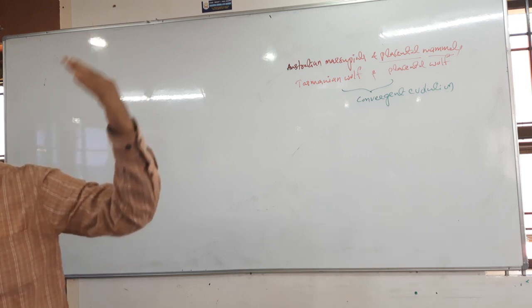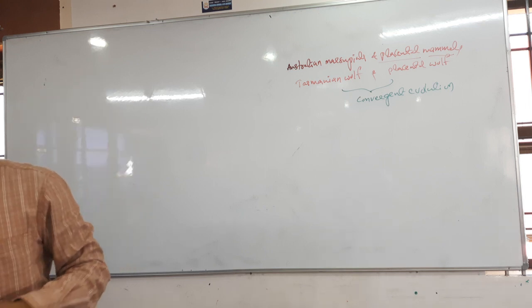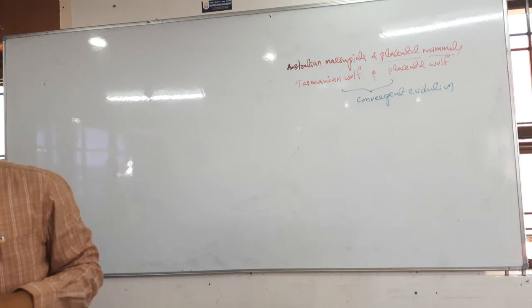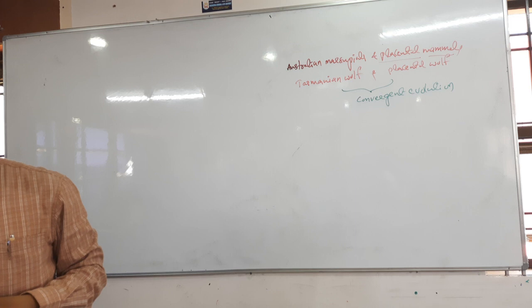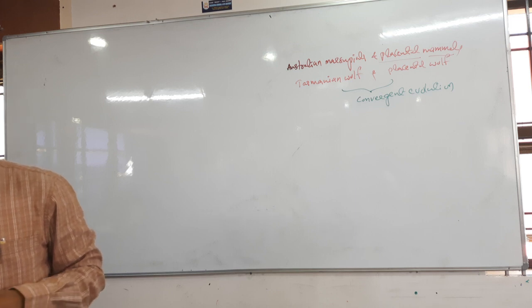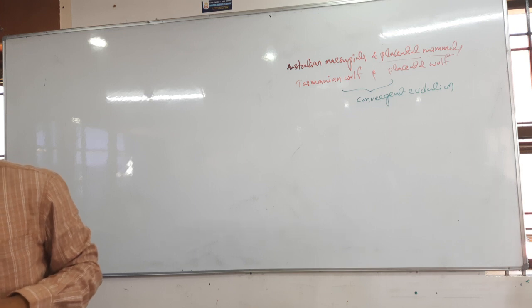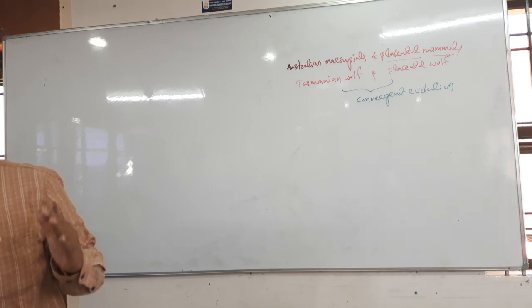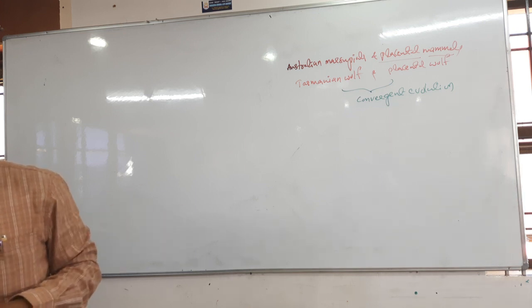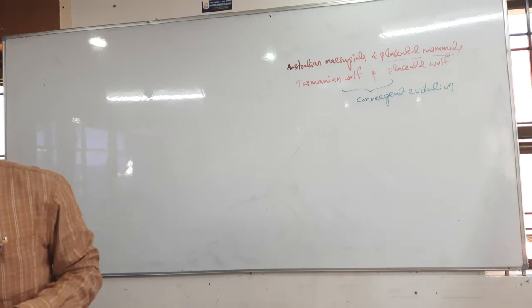Next one, which era is called the age of reptiles? Which era can we call the age of reptiles? The Mesozoic era. The Mesozoic era is called the age of reptiles. Next one, the Cenozoic era is called the age of